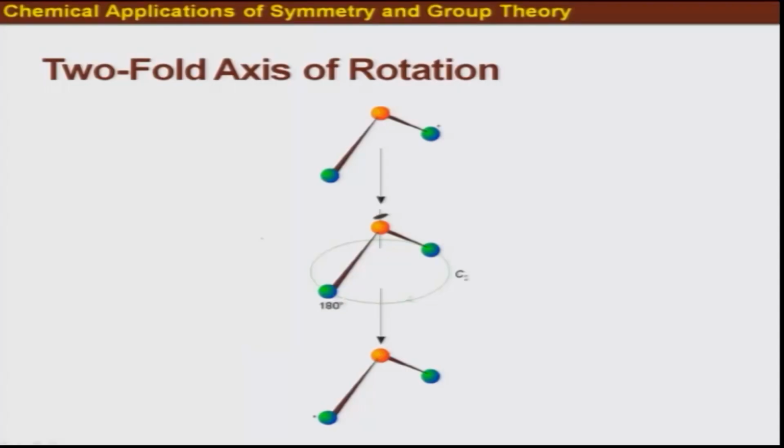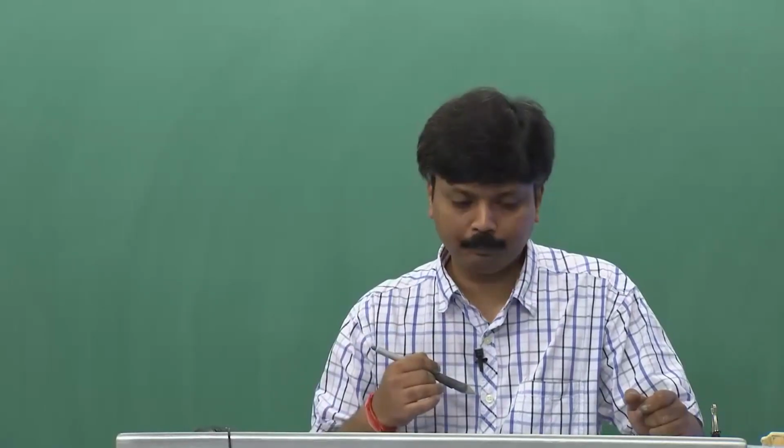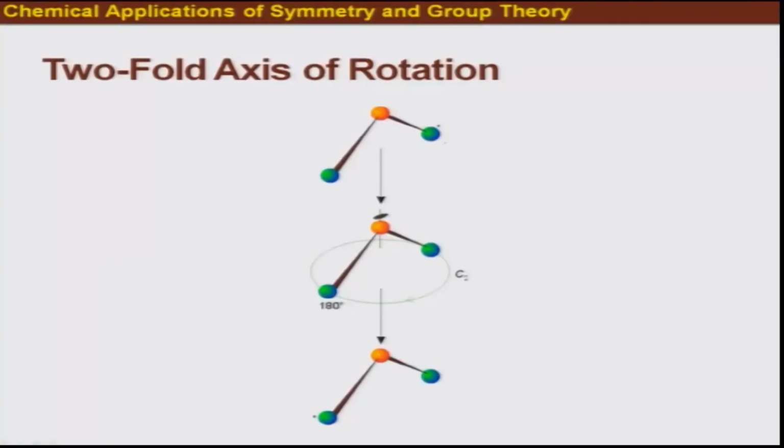Now let's see some more examples of this rotation. As I said, we can have C2, C3, C4 and so on. Here is an example which shows you a two-fold rotation, and the axis about which this two-fold rotation takes place is called a two-fold axis of rotation. So here we have a molecule H2O. If I have an axis which bisects the angle HOH,